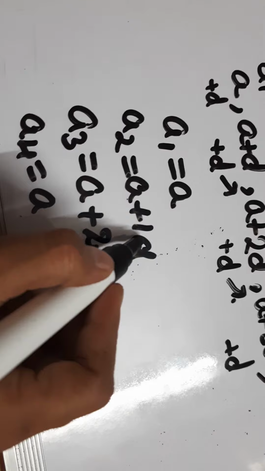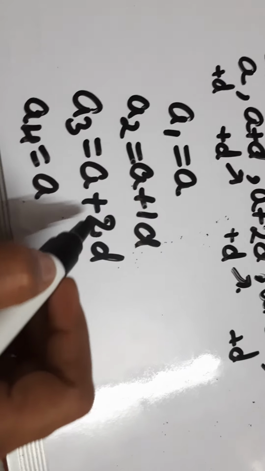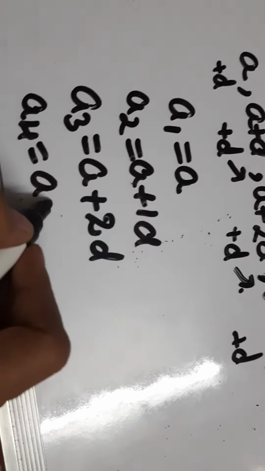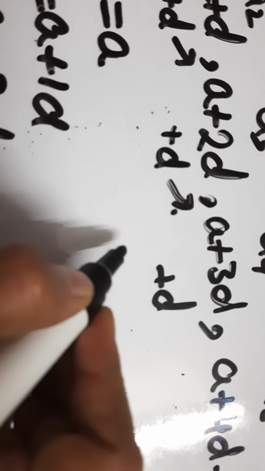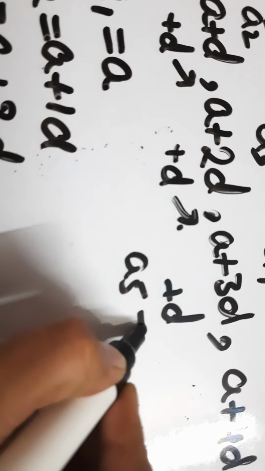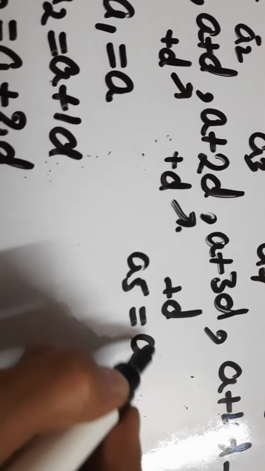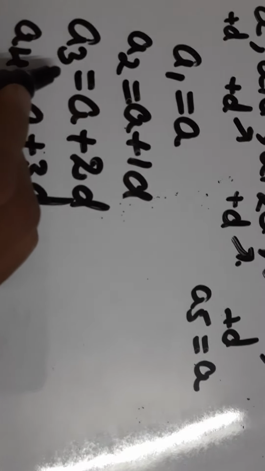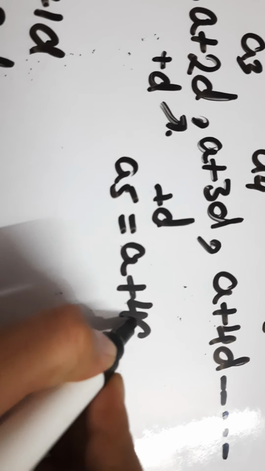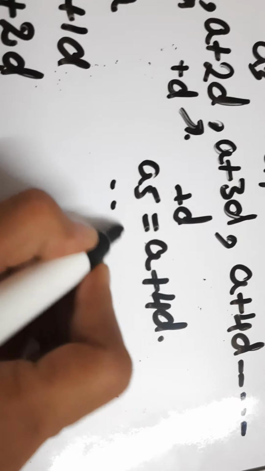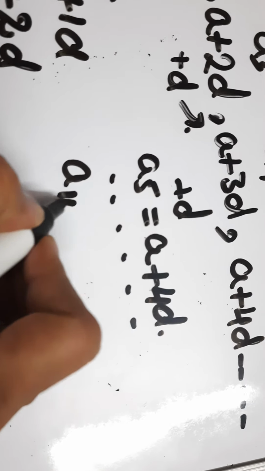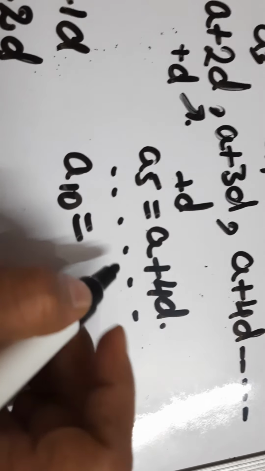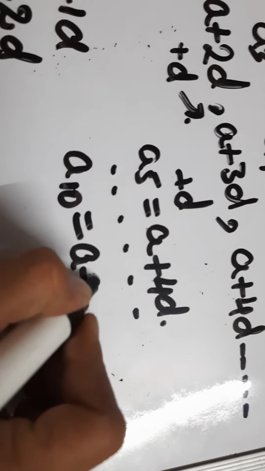When here it is 2, here 1d came. When here it is 3, we have 2d. Now 4 is there, we'll write a plus 3d. Very nice. If I want to get a formula for the fifth term, what do I write? a plus, for the fifth term we need, the fourth term we took 3d, the third term we took 2d, for the fifth term we'll take 4d. Similarly, if I want to get the 10th term directly, what is the formula for the 10th term? a plus